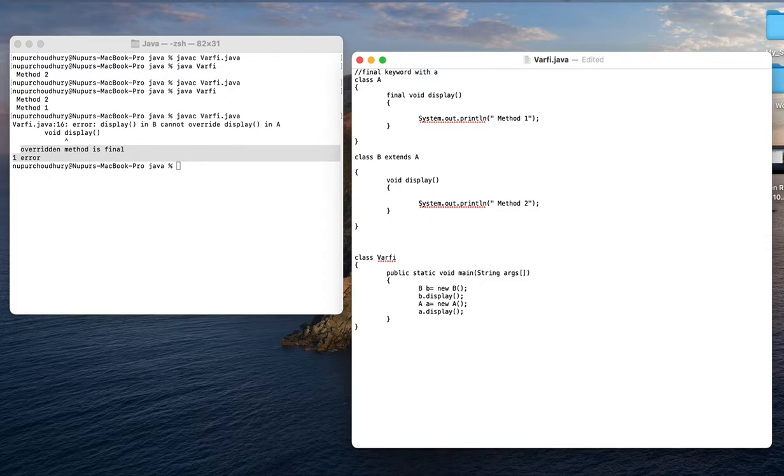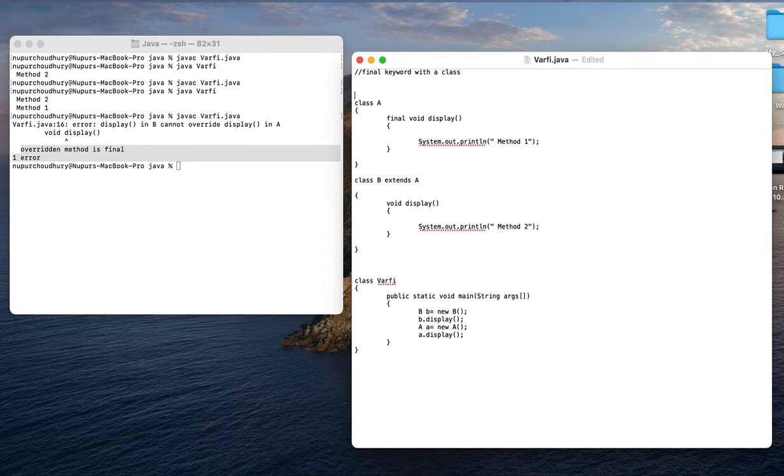So the final keyword with a class basically will be referring to that class which we do not want to inherit, or if we want some class not to be inherited, then we will use the final keyword with that particular class, okay.